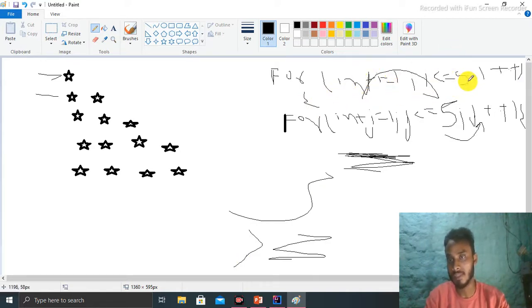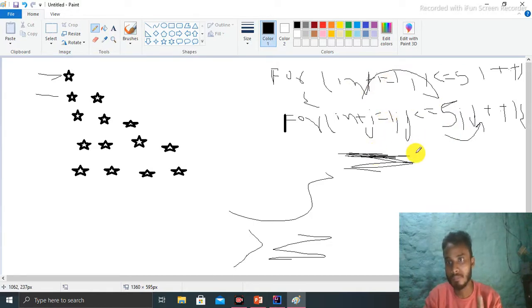Here i is initialized by 1, check it: i less than or equal to 5, yes, true. Then the loop comes here to the inner loop, and its condition is also true, because 1 is less than or equal to 5, then print. But I want to print according to i. Suppose i is 1, the condition is true, then print 1 star.